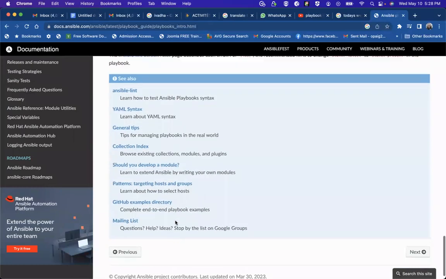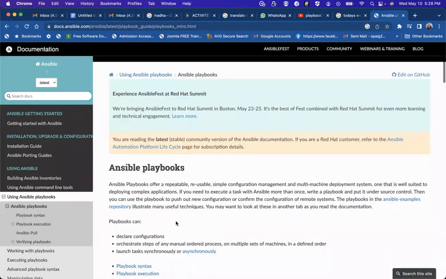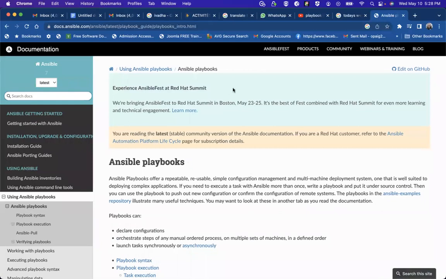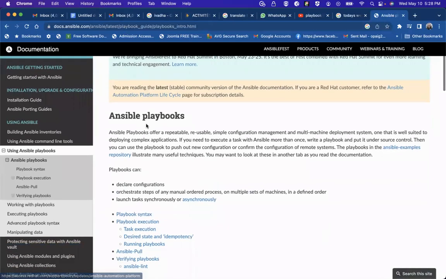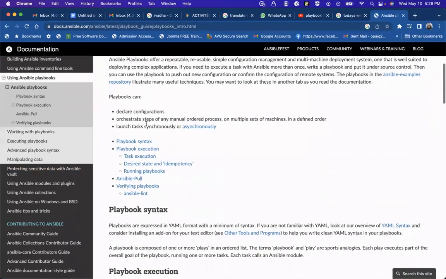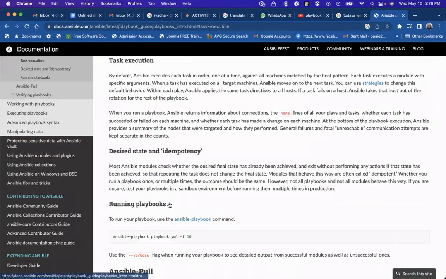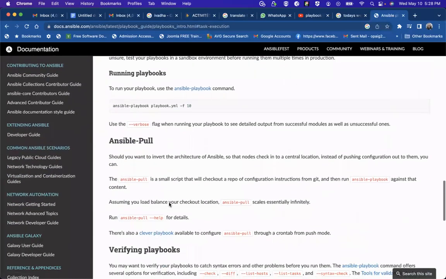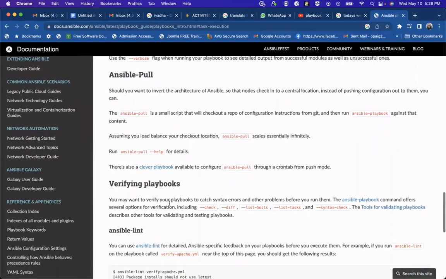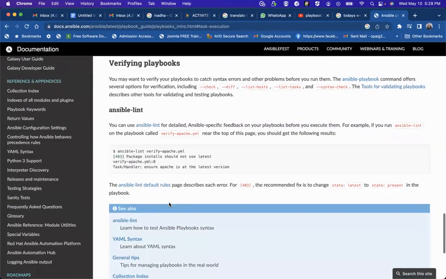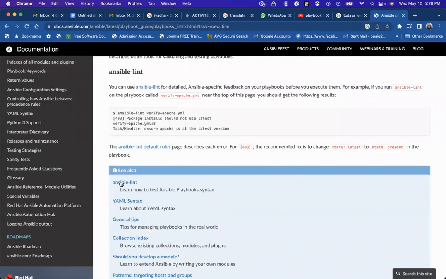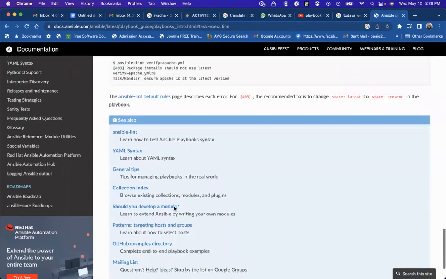Please come here to practice more. It's as simple as the way I'm doing it. There's nothing more about Ansible that you are doing, but there are more dimensions to it. You can also run Ansible from another file, from init, YAML syntax.